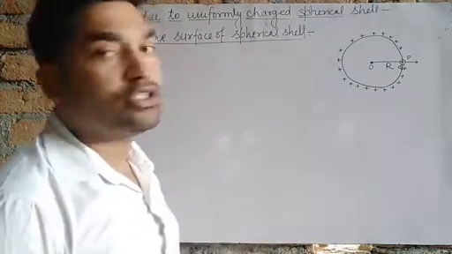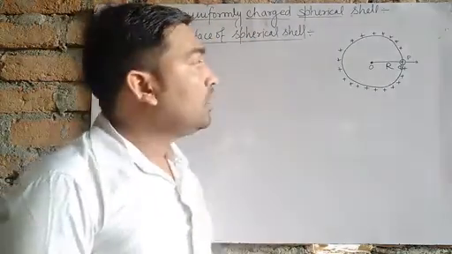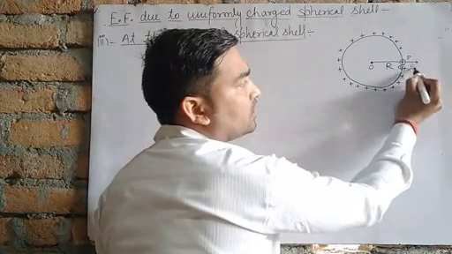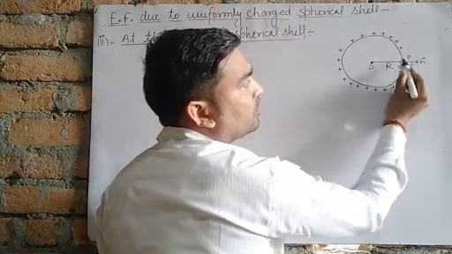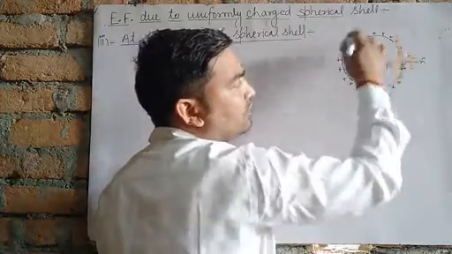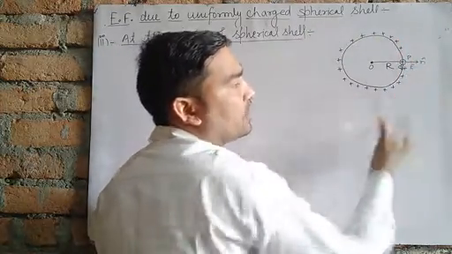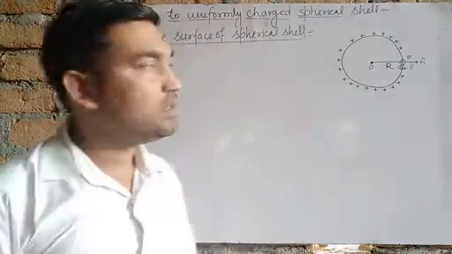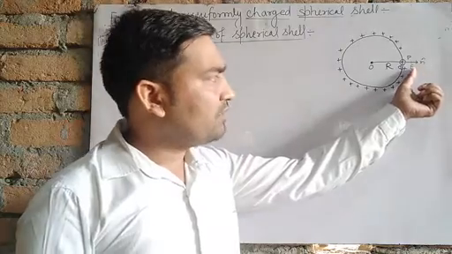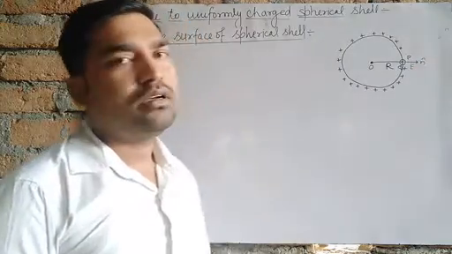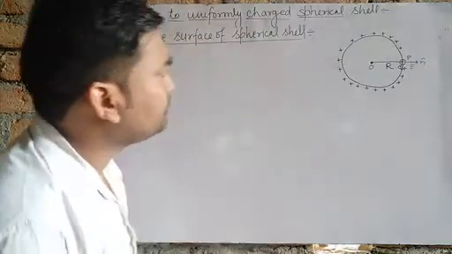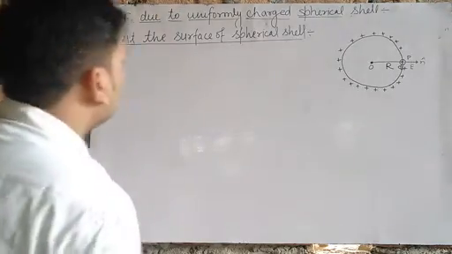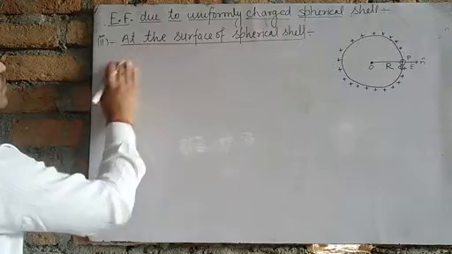direction of the area vector is normally outward, and the direction of the electric field is also in this direction, because this is a positively charged spherical cell, and the direction of the electric field due to positive charge is away from the positive charge. It means the direction of the electric field and the normal are also in the same direction. Hence, using Gauss theorem,